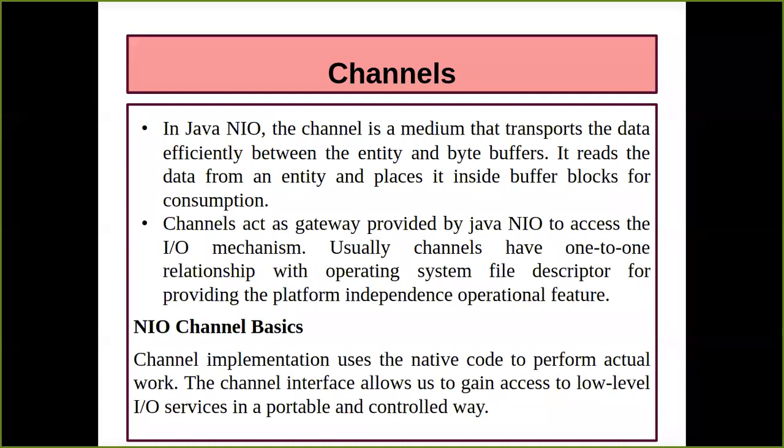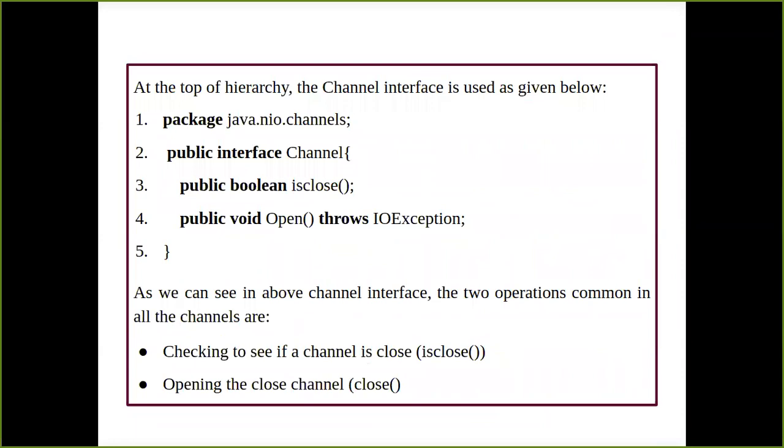Okay. Now we are going to look at the basic structure, how you are going to use a channel interface. So Channel is itself a type of interface present inside your NIO package. Okay, so when I talk about importing the NIO package in my program, how do we do it? import java.nio.*. So when we talk about star, the channel is the interface which is present inside your NIO. Okay, so I don't have to create that channel interface again inside the program.